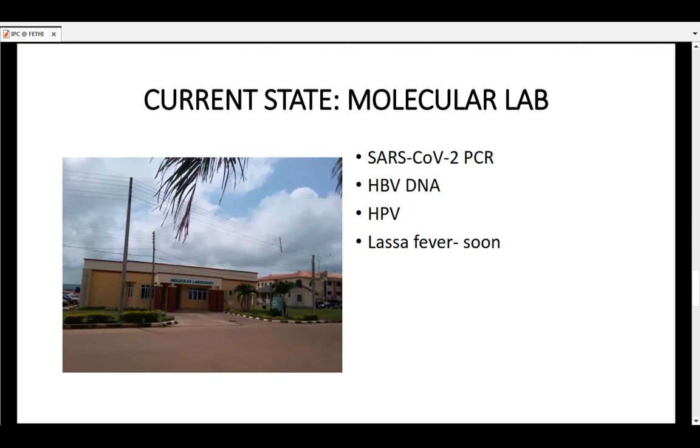What we are working on is to expand this to ensure that as much as possible, we can diagnose all these infections and intervene as early as possible. And another good thing in our state is the fact that we now have an NCDC reference laboratory, which we believe will collaborate with our hospital to improve infection control generally. Next.